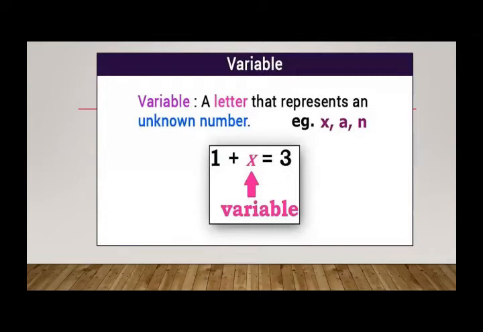We see in this example, 3 is given on the right hand side. If we want to get the same answer on the left hand side, we will replace X by 2 and then add it to 1. We will get the same answer on the left hand side. It means X is the variable, the value which is unknown, and we replace or change that value according to need.